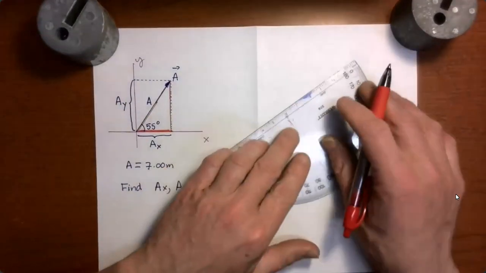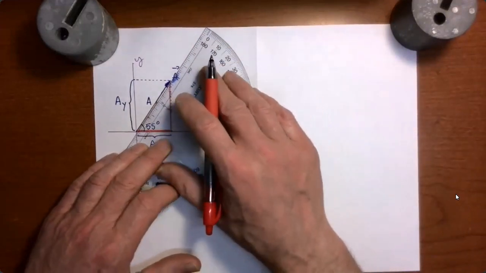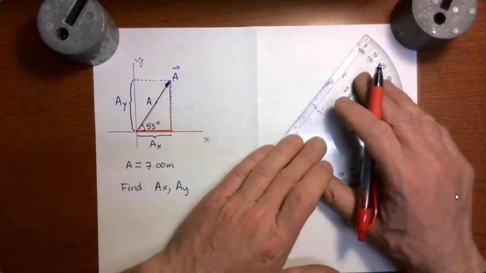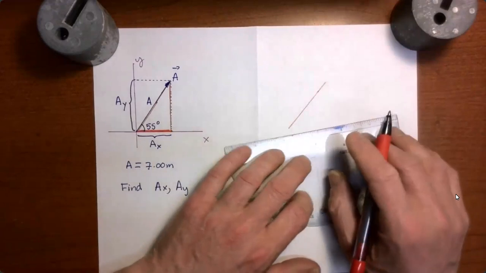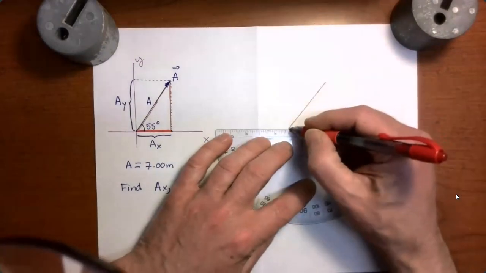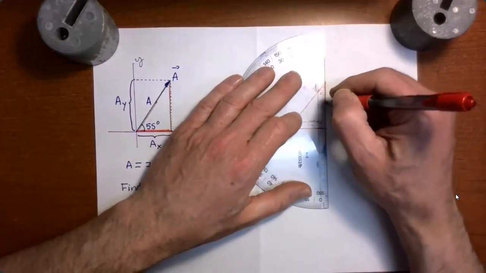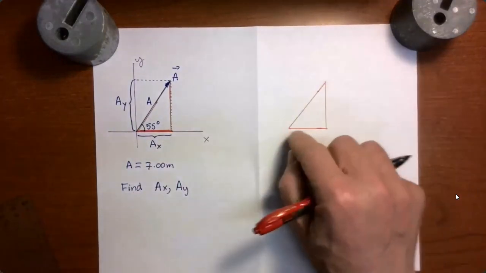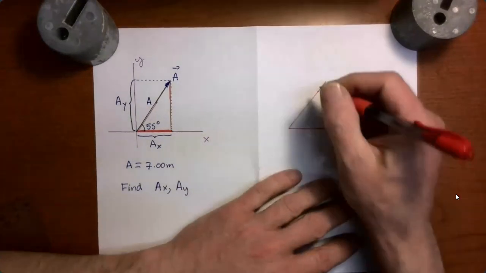So what I'm going to do is I'm going to take that same triangle and I'm going to copy it as accurately as I can off to the side here. Okay, so I hope that's about the same as that hypotenuse there. And then I'm going to draw in the two legs. This isn't a great match for that triangle, but I hope you get the idea. Okay, so anyways,